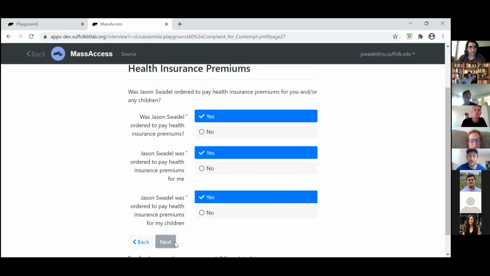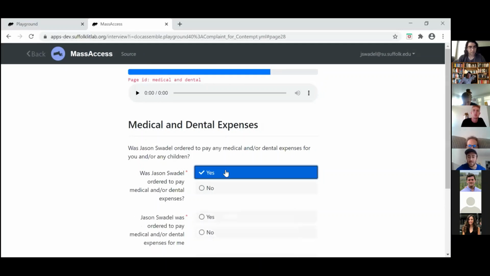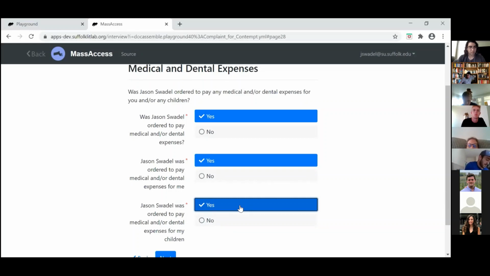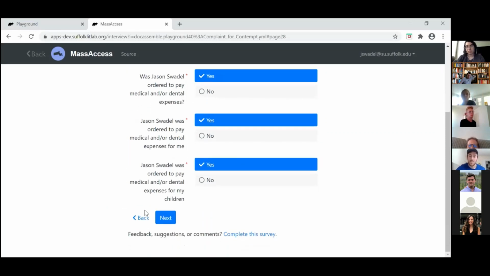All right, cool. And then medical is basically the same thing, so we'll make the same changes that we did to health insurance to medical. And what I would do here, it's annoying, but I would break up medical expenses as one and dental expenses as another. Okay. Yep, we could definitely do that. And then if somebody says yes, that's all going to go in that other box in part 4, right? Yeah, because there's no corresponding box in part 4.